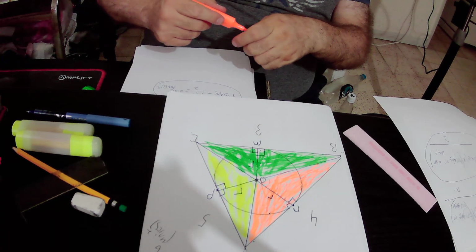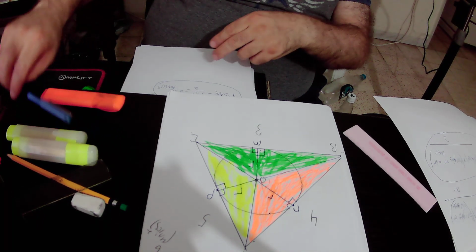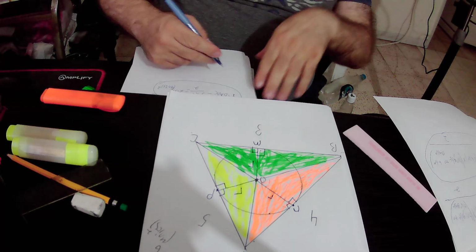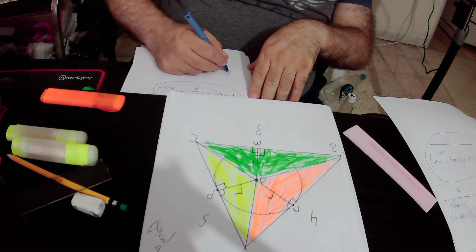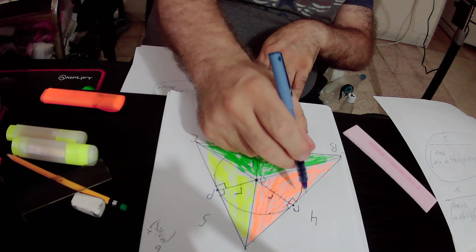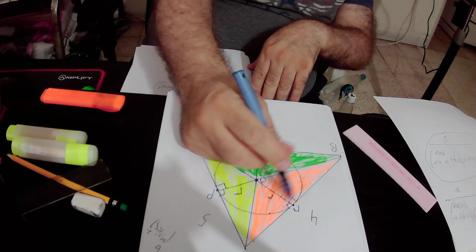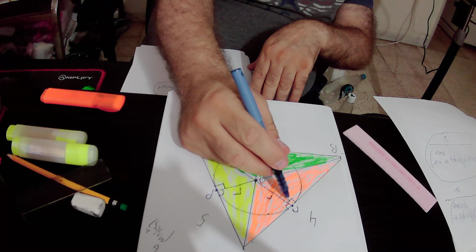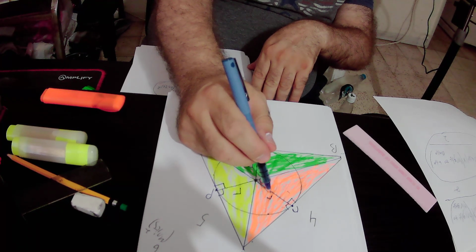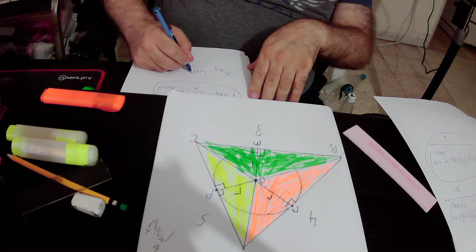So the area of any triangle equals the base times the height to the base divided by 2. The base of the orange triangle equals 4 units. Area of triangle AOB equals the base of the triangle, that is 4, times the height to the base. The height always makes 90 degrees with the base, so the radius makes 90 degrees with the base. So the radius is the height of the orange triangle, so it is 4 times the radius of the circle